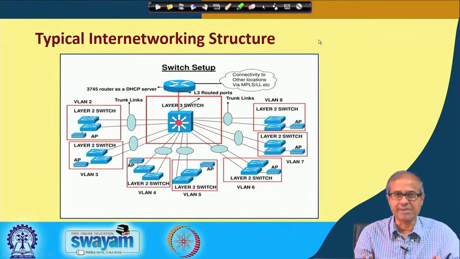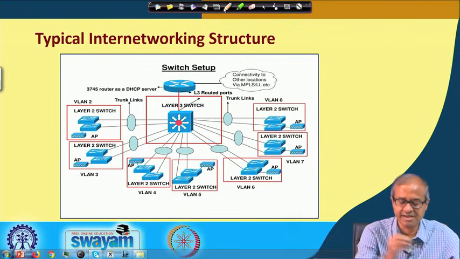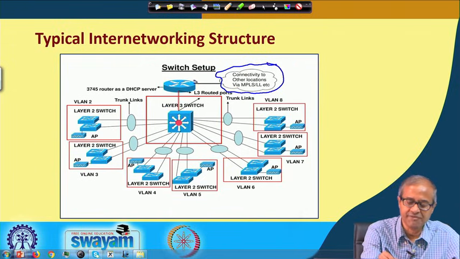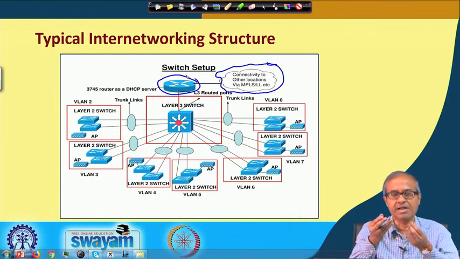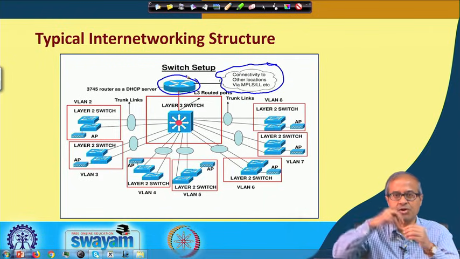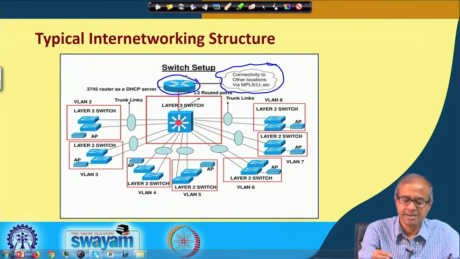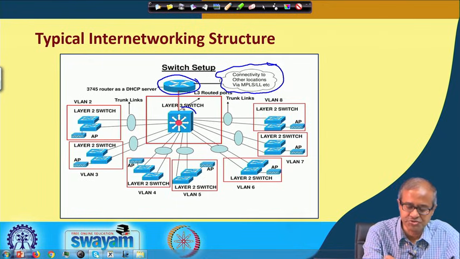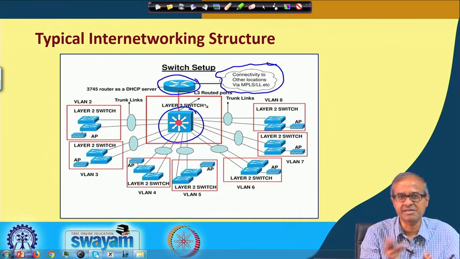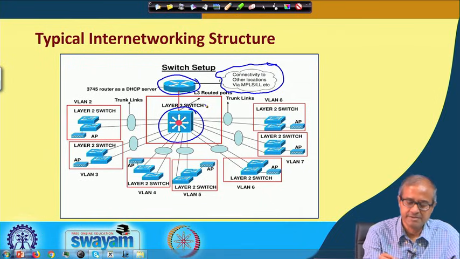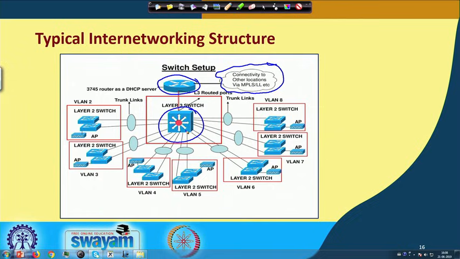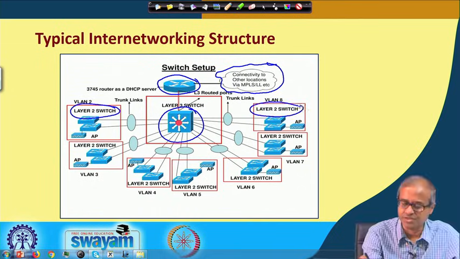So, here I am showing a very typical diagram of how these networking devices can be interconnected in a real scenario. This is your outside world, your connections to the outside world, and you will be having a router here. Typically, routers are used to connect a network with other networks. And inside your organization, there can be a main switch. This is a layer 3 switch. Layer 3 switch is very similar to a router. This is internal to your organization, and in the different sections of the departments, you can have smaller switches. These are the layer 2 switches,